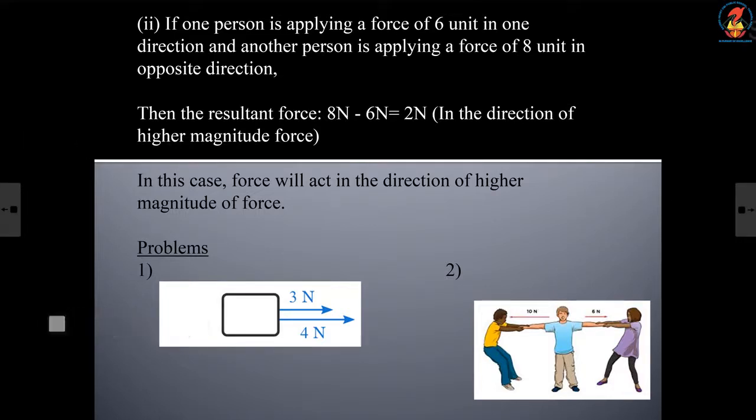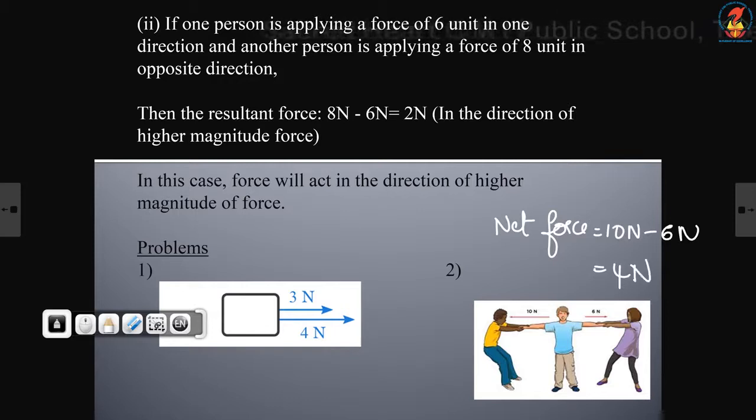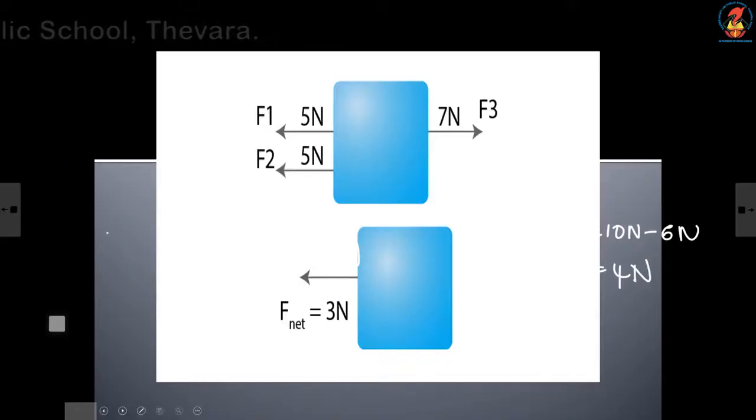So, here you will get the net force as 10 Newton minus 6 Newton, that is equal to 4 Newton. Here you will get it as 3 Newton plus 4 Newton, that is equal to 7 Newton. Now, in this question,